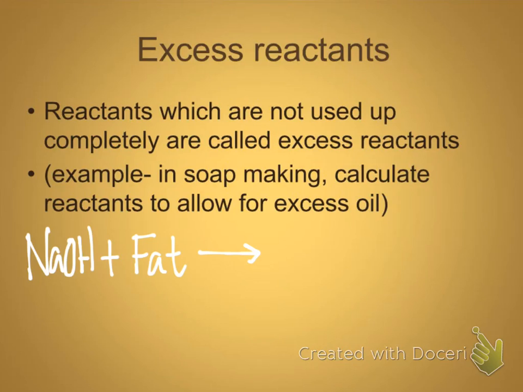If you're making soap from scratch, sort of the old-fashioned way, which is what we're going to do in here, there are 2 ingredients that go into soap. There is sodium hydroxide, NaOH, and there's fat. And this can be lard, it can be beef tallow, it can be Crisco, it can be olive oil, it can be coconut oil, it can be soybean oil. You could break into a liposuction clinic and steal human fat and render it, if anybody's seen that movie. Okay, so any kind of fat and NaOH, and you get 2 products out of this. You get soap, and soap is actually a chemical compound.